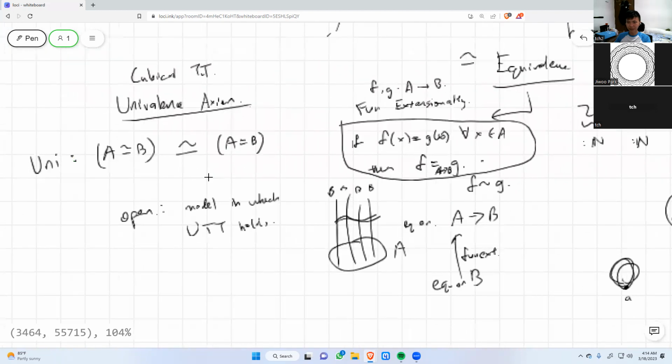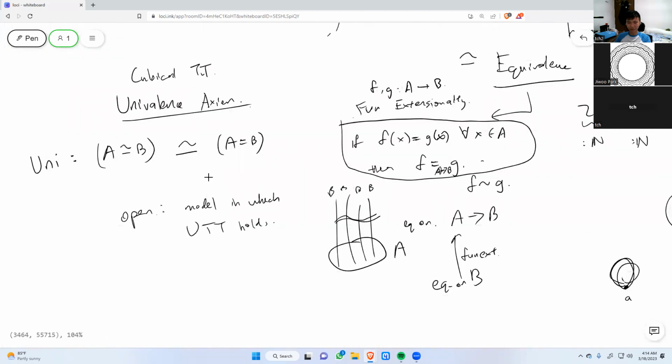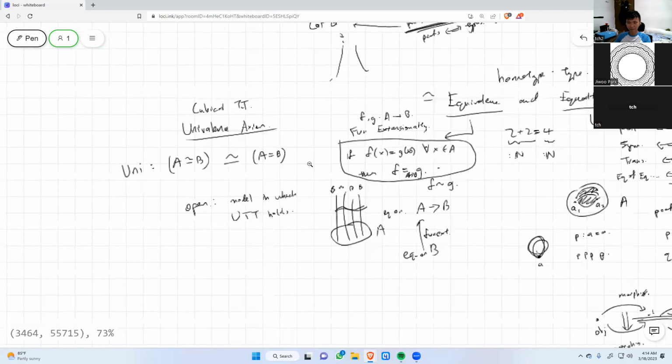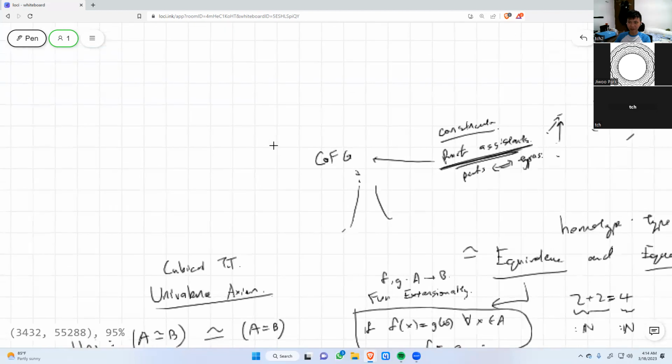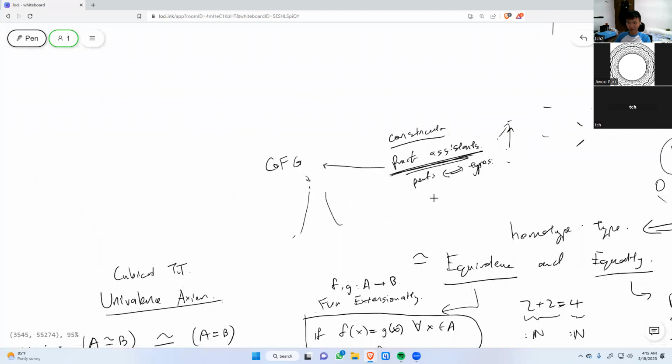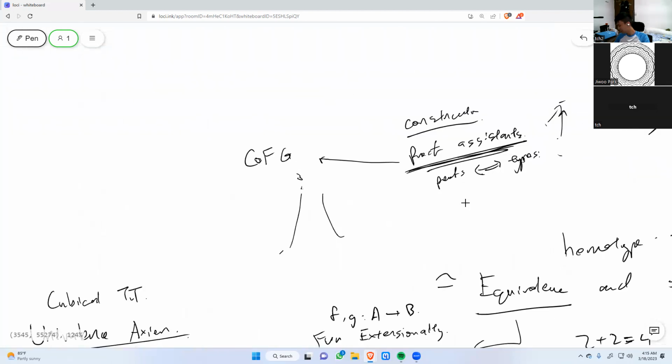And then the univalence axiom says that equality is equivalent to equivalence. And now the main thing that people are trying to do is find a model in which this univalence axiom holds. And apparently, if they can do that, then we have successfully formulated mathematical logic in the language of type theory, which can be easily put in proof assistants, which can hopefully lead to